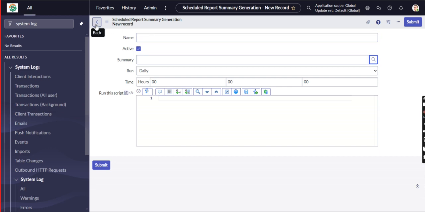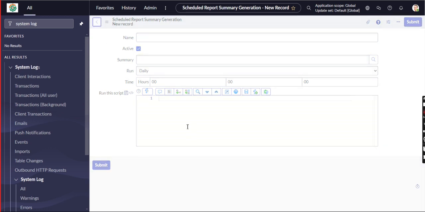Okay, from the summary generation point of view, if you want to create reports related to your table, we create that table data, whatever data is needed from the particular table. That data will be displayed to a particular group of people at the particular time, and the updates will also be available here.